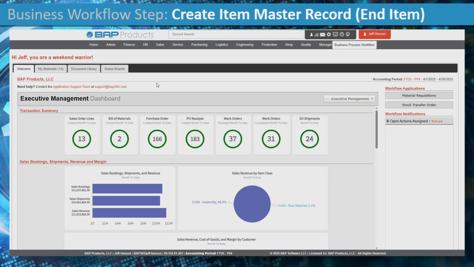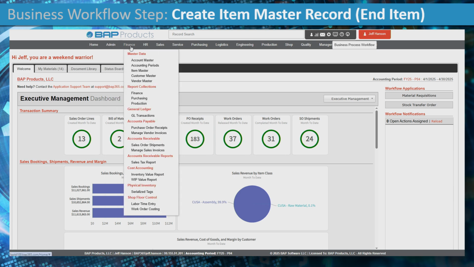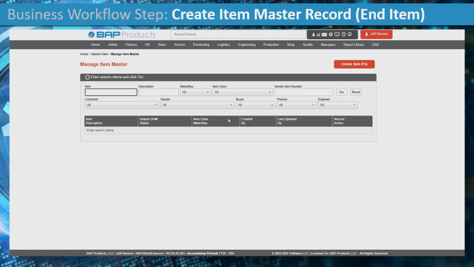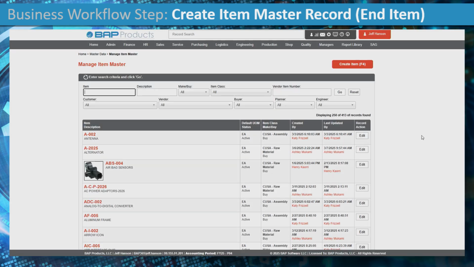As mentioned before, administrators and finance are generally the ones that create master data. However, in this case, we're talking about item masters, and most manufacturing companies lean on their engineering group to control item masters. And so this particular element is available in the engineering, finance, and admin modules. So we'll go into engineering master items. I can search my master items here as shown below. These are items previously created. However, in this case, we want to